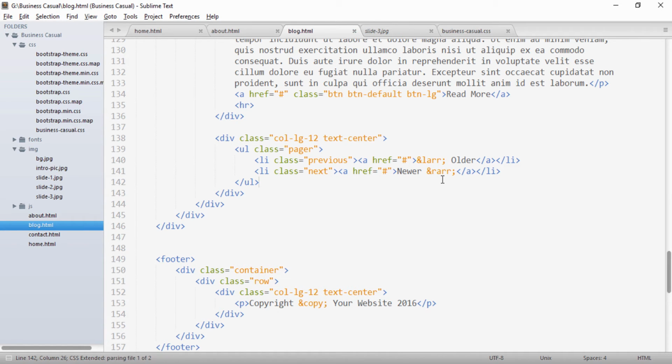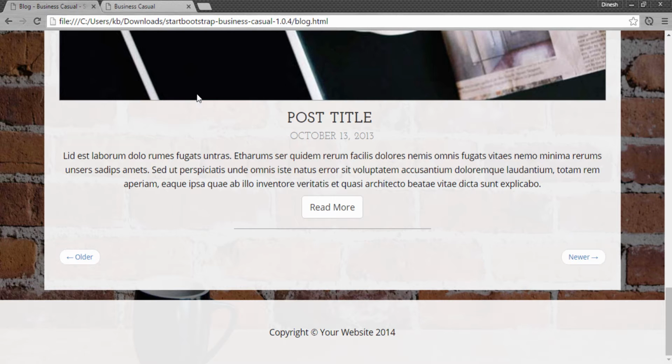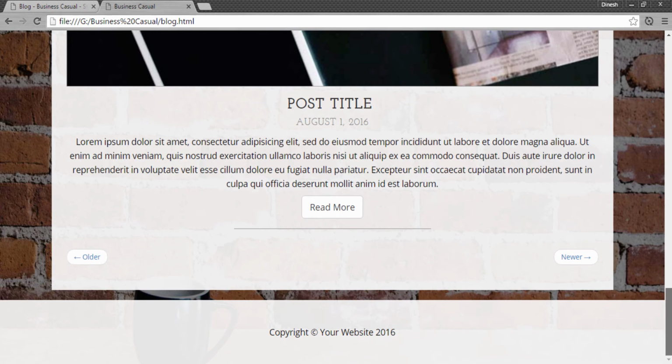So if I save it and show it to you on the browser, you see this older and newer links come up. So this was how we can provide a paging facility to our website.